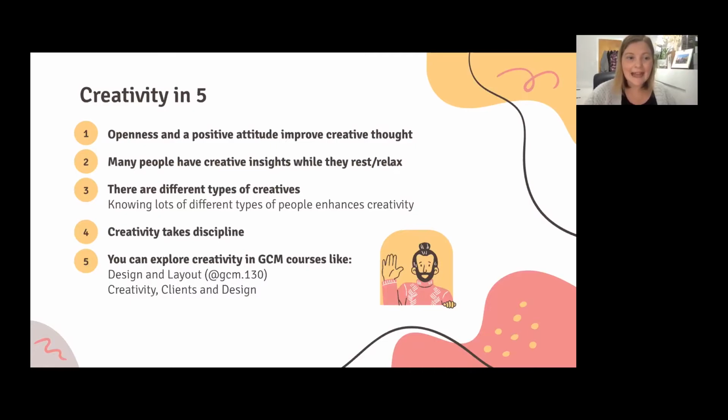And then the last thing that I wanted to share with you about creativity is that creativity is not a secretly given talent to all. It takes a lot of discipline and method to be creative. We can't teach talent. We can teach method and discipline that will lead you to practice, that will help you build on that talent, right?